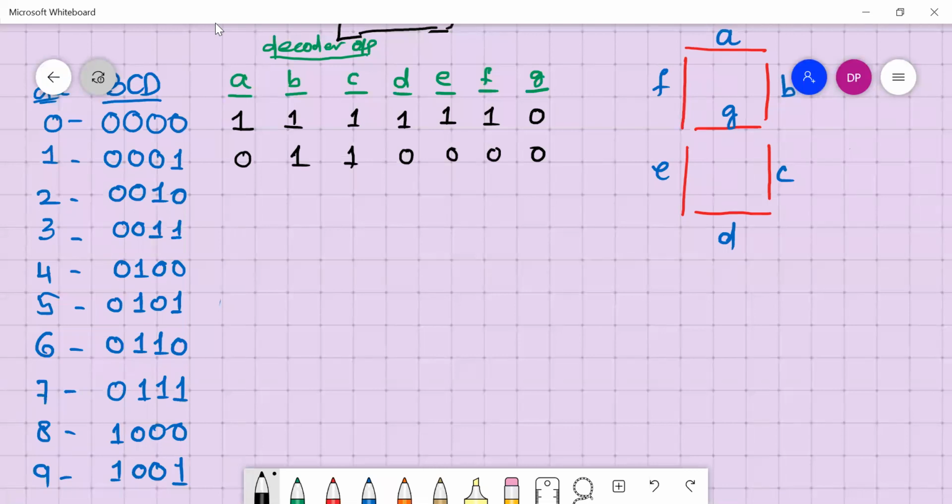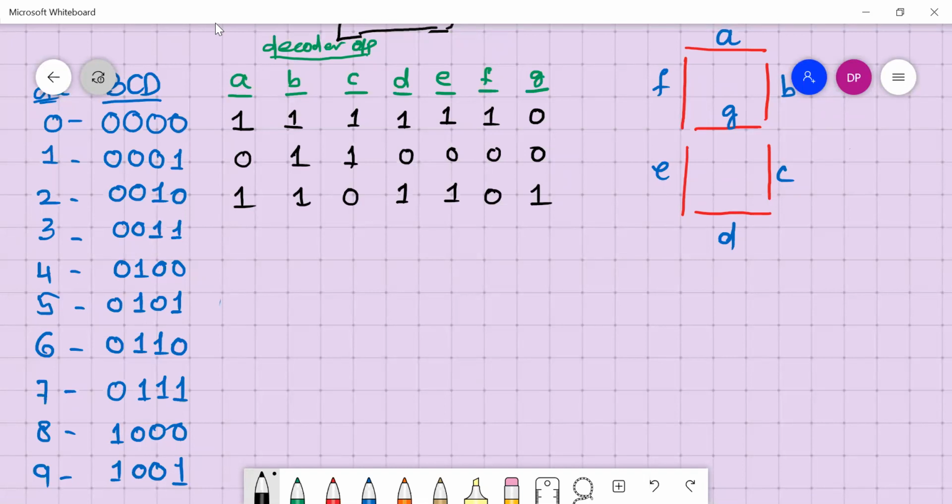Next, similarly for 2, F and C values are 0. For 2, A, B, G, E, D glow, and F and C should not glow. Rest all should be 1.